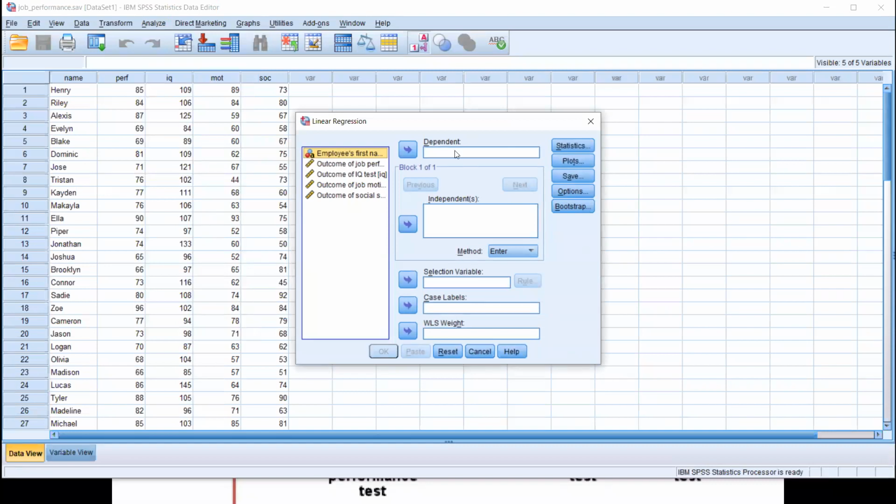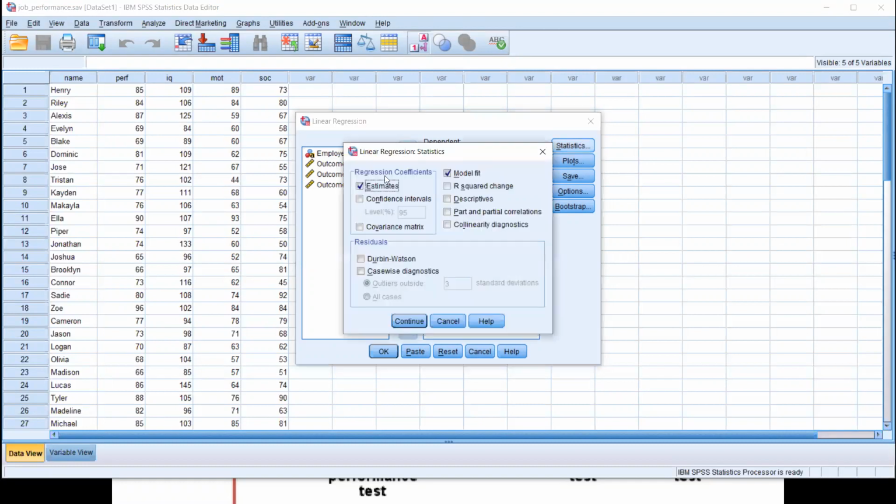We have to pick the dependent variable in the first box. Job performance test is the dependent variable, and the rest of the three variables are our predictors. All the three independent variables are taken to the independent variable list, and one dependent variable is to be taken in the DV list. In the statistics segment, we have estimates. What estimates? These are the estimates of beta.